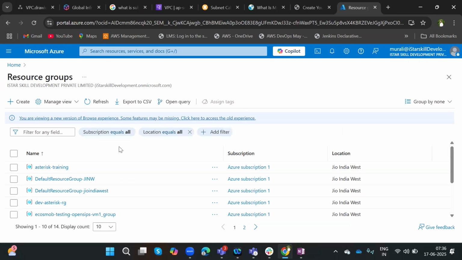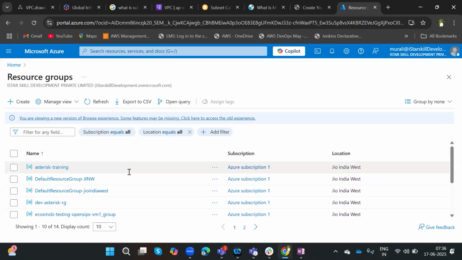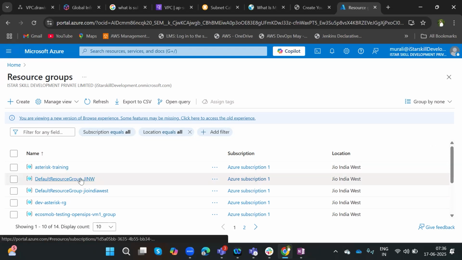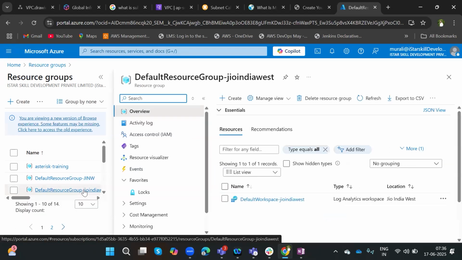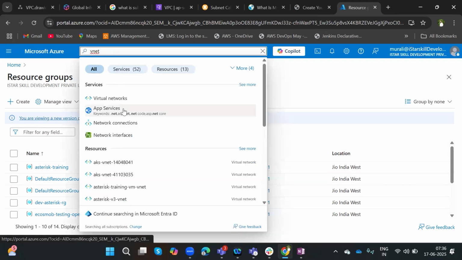In that resource group, for example, if I go for the one I log into, GI India West, and then go for the resources, if I'm just trying to search for the VNets,